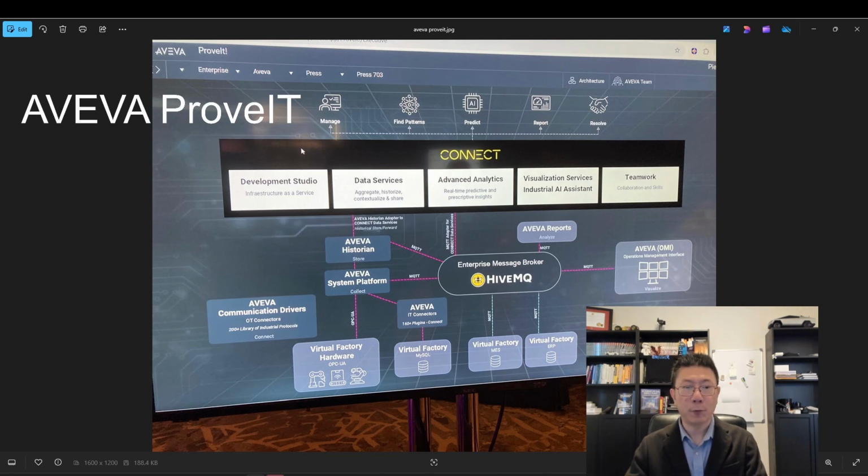The Aviva Wonderware Historian can collect the data through MQTT from the HiveMQ MQTT broker, right? It makes sense. You can just make the connection, interface it with MQTT, and send the data to Aviva Wonderware because they are in the same company, right?